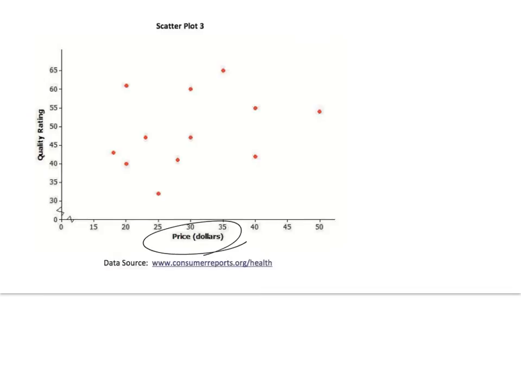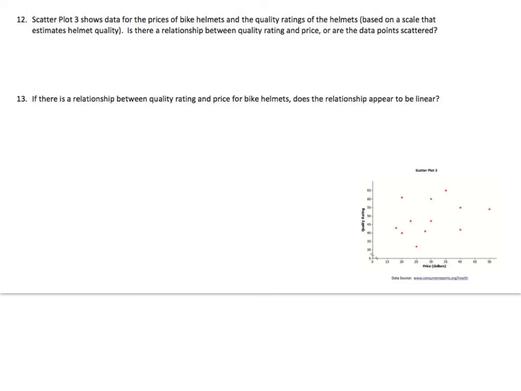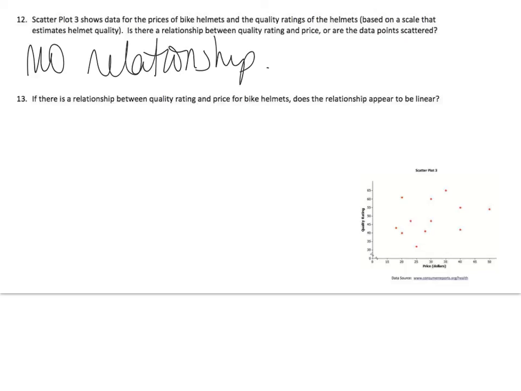Looks like I have price in dollars and quality rating of something. Scatterplot 3 shows data for the prices of bike helmets and the quality ratings of the helmets, based on a scale that estimates helmet quality. Is there a relationship between quality rating and price, or are the data points scattered? That looks pretty scattered to me. If there is a relationship between quality rating and price for bike helmets, does the relationship appear to be linear? Since there is no relationship, then you can't say that it's linear,